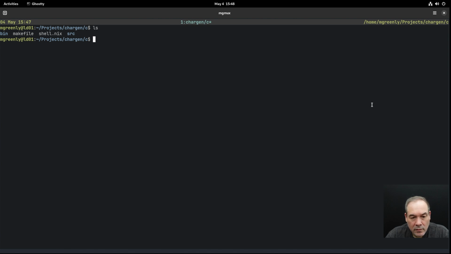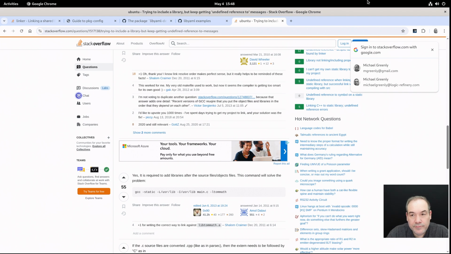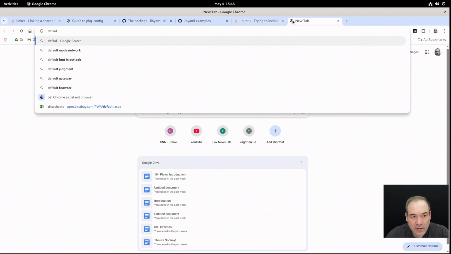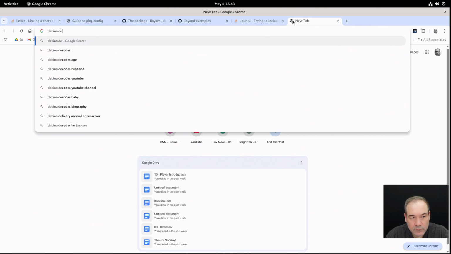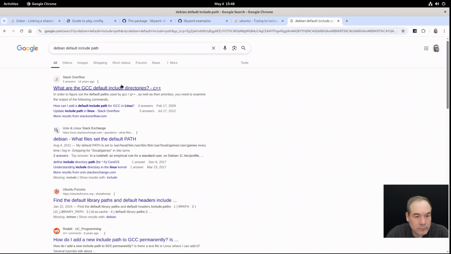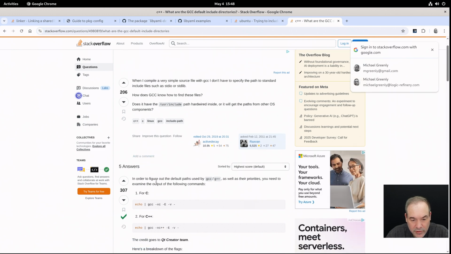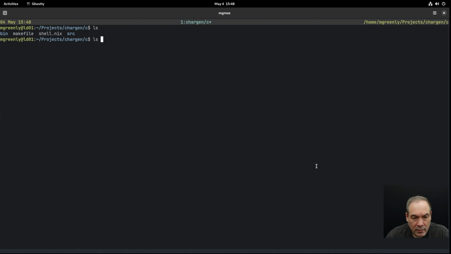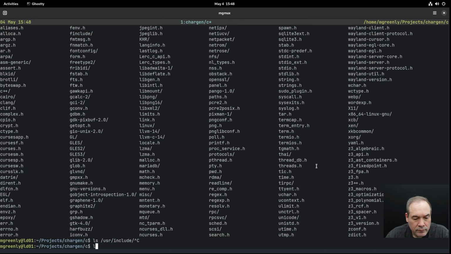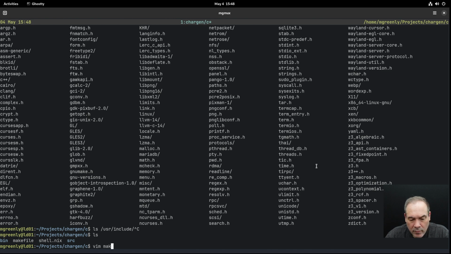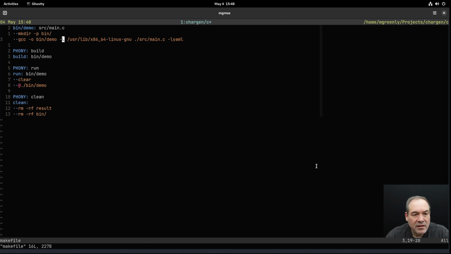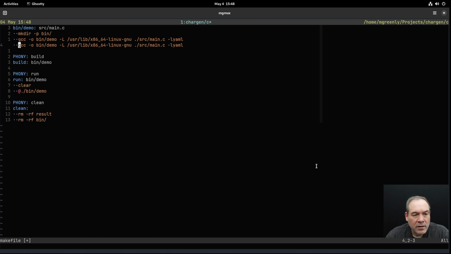Now, what should be the default Debian? So it should just be user include and, okay, so if I, okay. So for some reason, it wasn't picking up this default. I want to try it out this way. Okay, so actually,